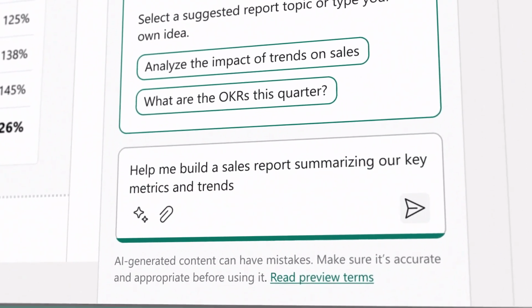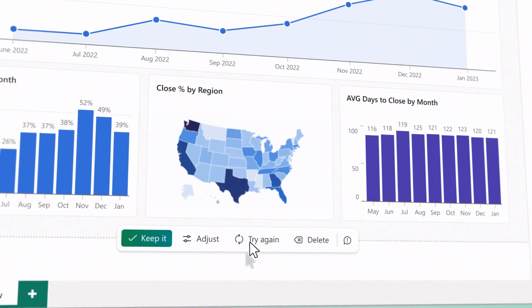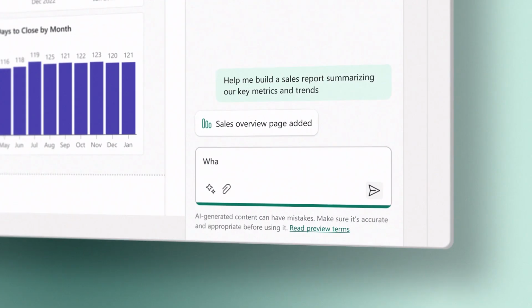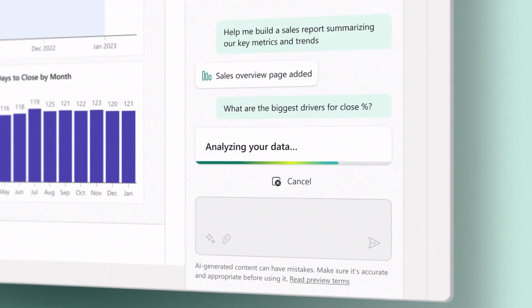Simply describe the visuals and insights you're looking for, and next generation AI will create your report and help you refine it. You can then dig into this data further by asking a question, and Copilot will find the best